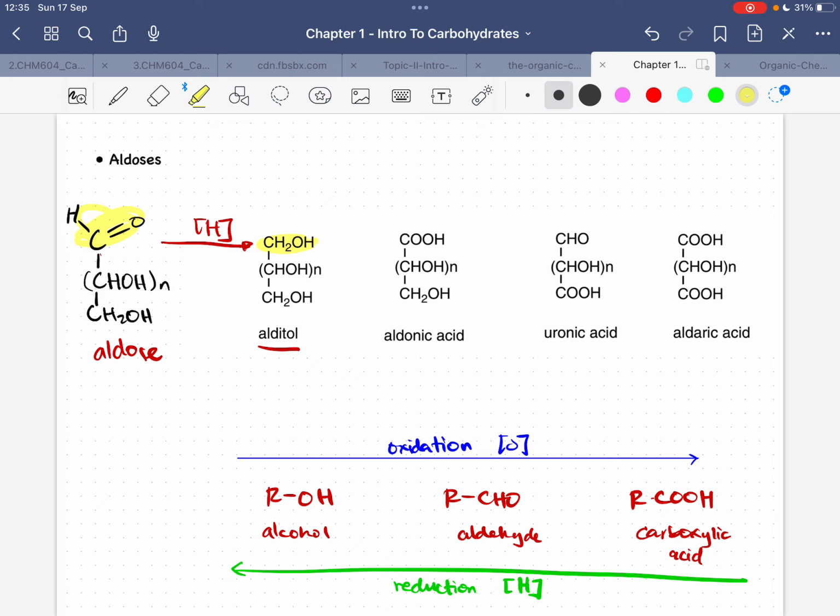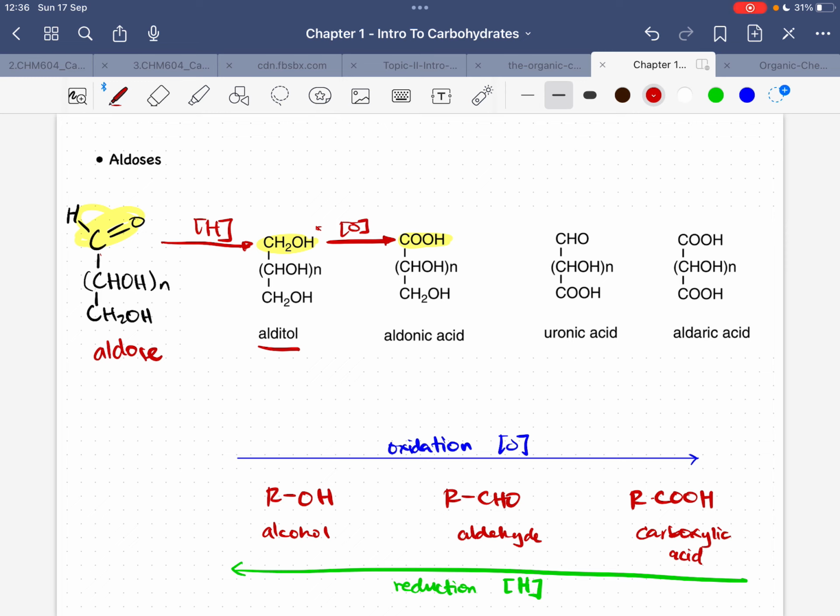Alditols could also be converted into aldonic acids. So how? By oxidation. If you oxidize the alcohol functionality, any alcohol functionality, as long as it's in the terminal position, terminal meaning at the very last or the very edge, it could be this or it could be this. Okay? But only one alcohol functionality. If you oxidize it, it becomes an aldonic acid, and its functional group now becomes a carboxylic acid, and this is oxidation.